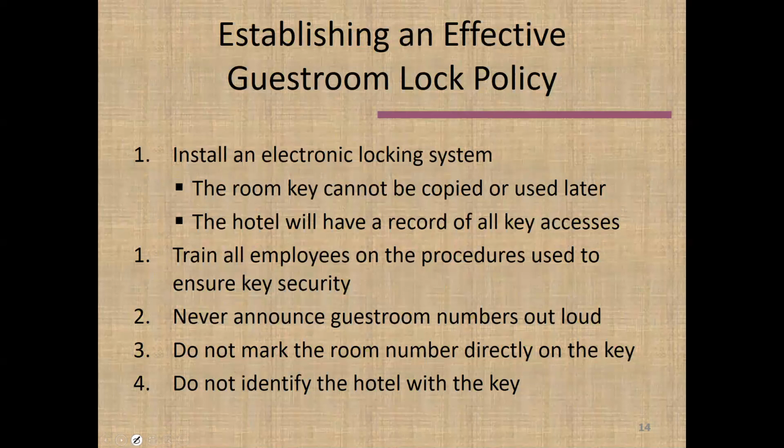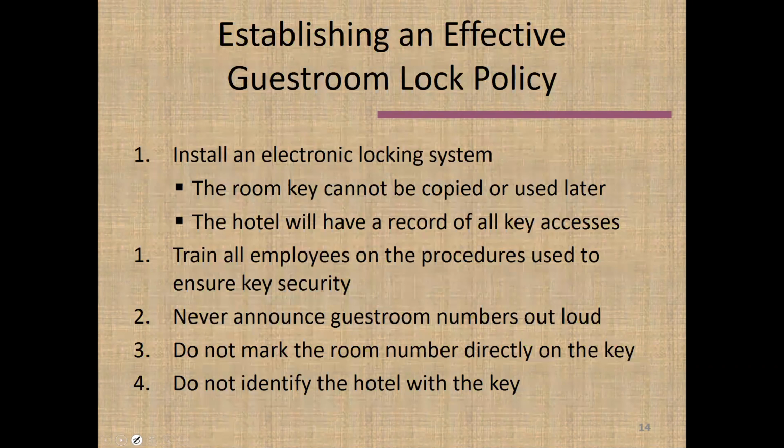When guests are checking in, you always want to make sure that their room numbers are not communicated out loud. And they should be written down on a sheet of paper and should be shown to the guests, ma'am, this is your room number. And again, the person registering them would point to that room number so that the guest would be familiar with that information. That's to protect against the person who might be in line behind that guest who might be interested in some improper motive or improper behavior with respect to that guest.